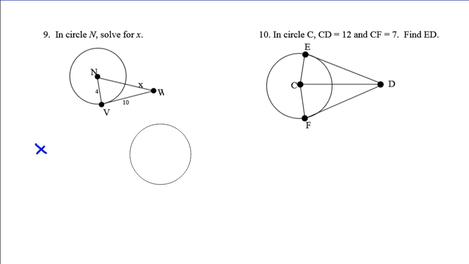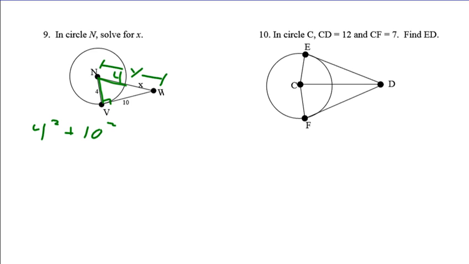Instead of doing it that way, use the fact that this is a right angle, and we'll do the Pythagorean theorem. Since this is 4, that's also 4. So that's another radius. I'm just going to call this y for a second, because it's going to make my life a little bit easier. So 4 squared plus 10 squared equals y squared. And all I need to do once I get y is take that 4 back away, and I'll have x. So this is 116 equals y squared,